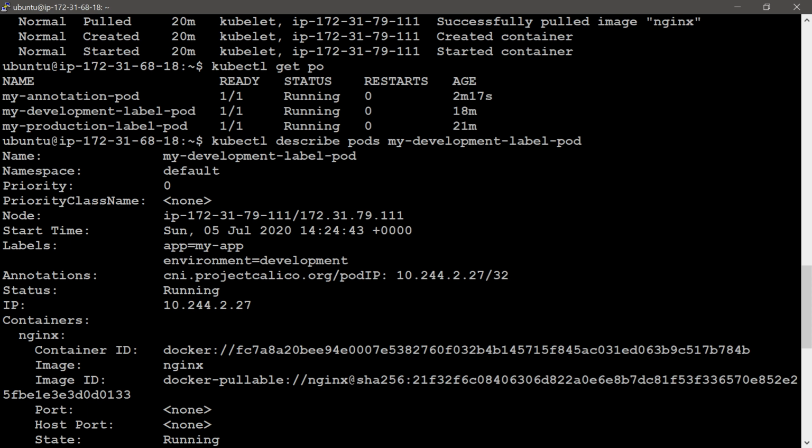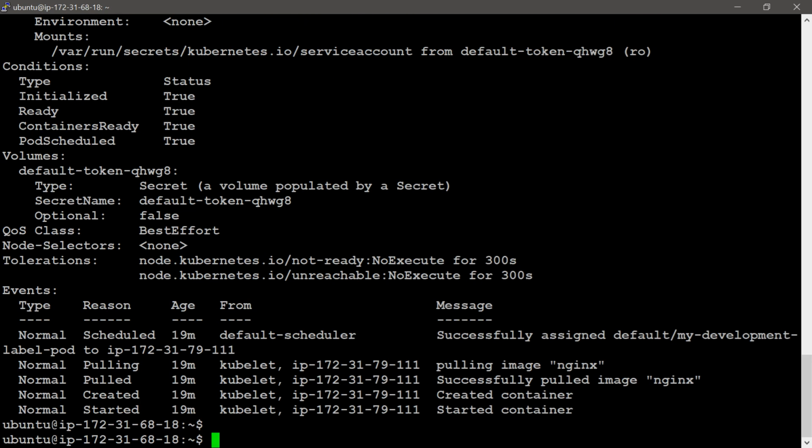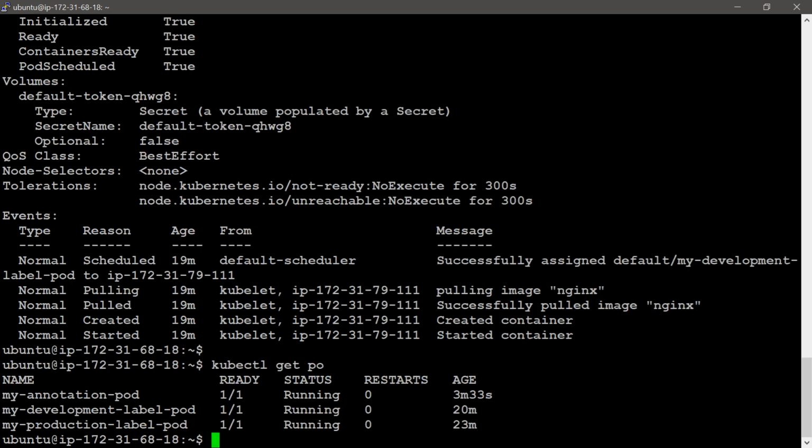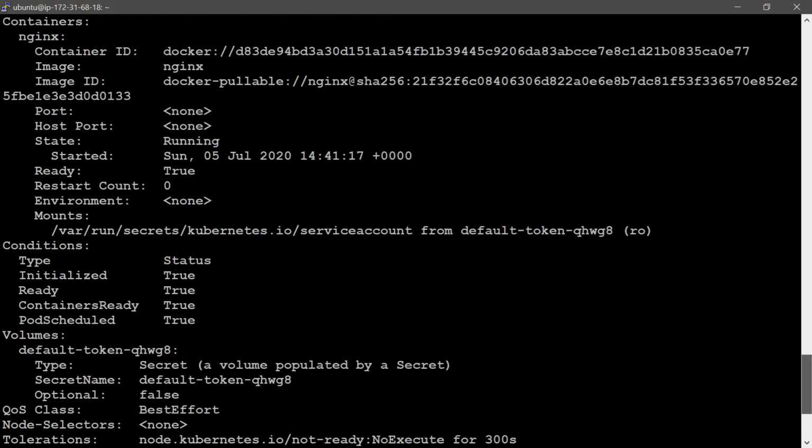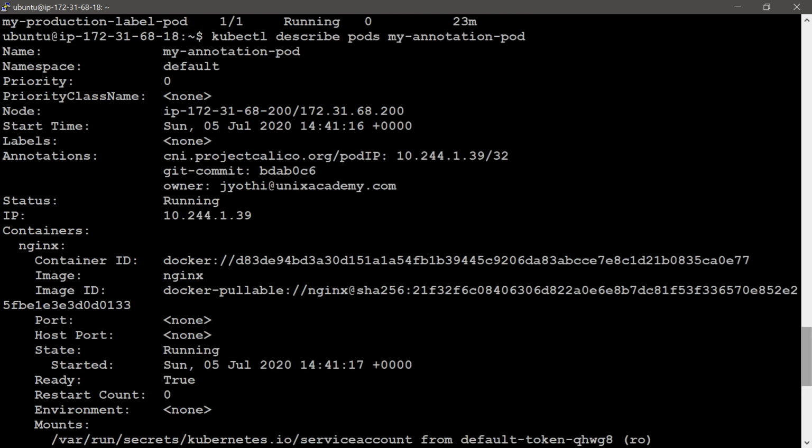I will give another command, kubectl describe pods, with the annotation pod name. We need to provide the pod name to check this information. Here you can see the annotations under the label section.